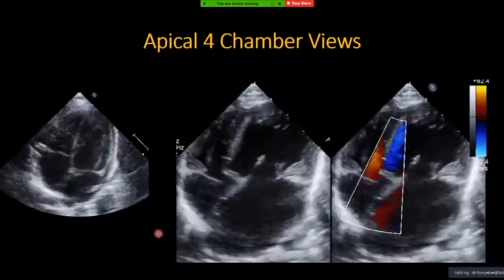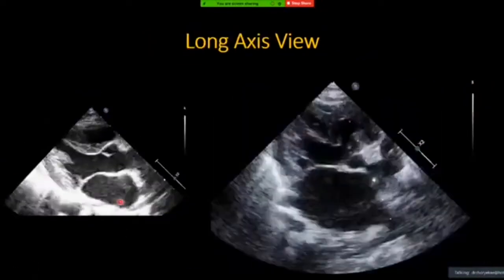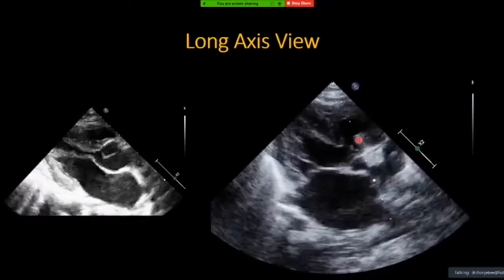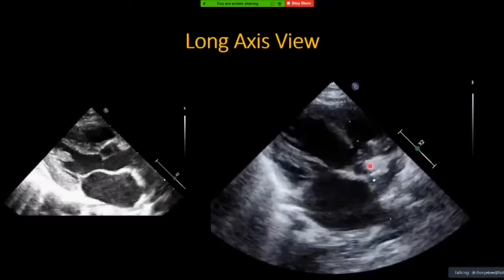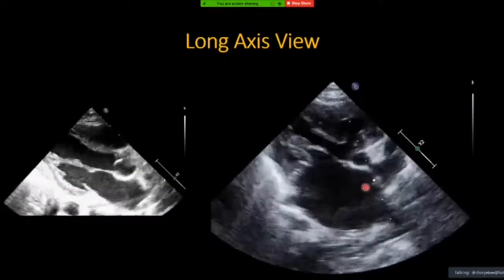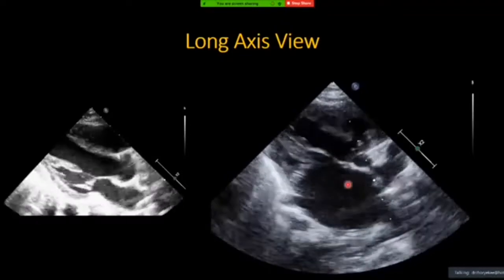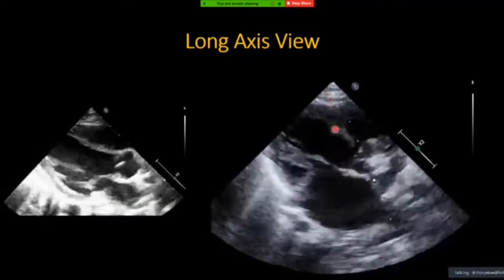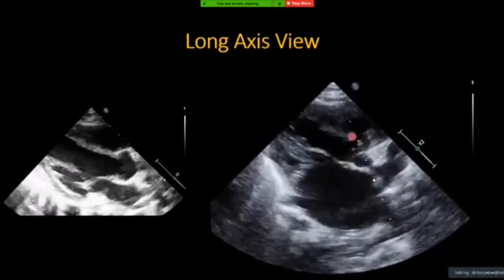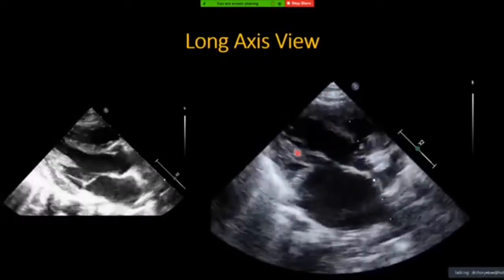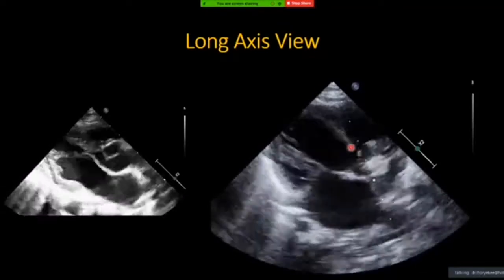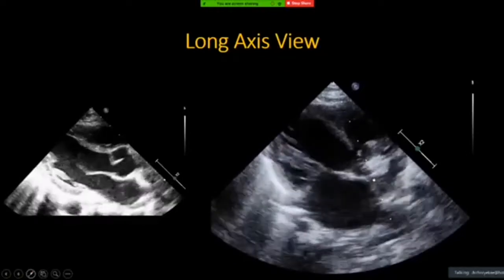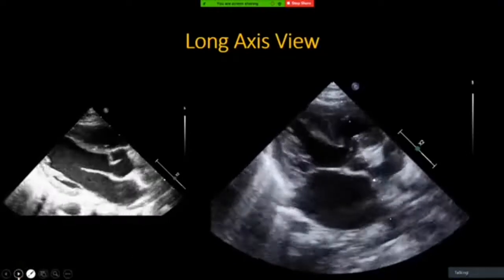Very good. Now, this is a long axis. Same thing, so there is a defect here. We start systematically. This is a very huge left atrium, much bigger than the aorta. The ventricle is quite big, but the contractility is still quite good. And you see that there's a defect over this side, and when you do color,